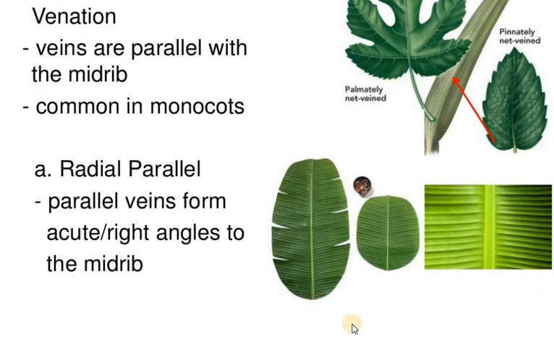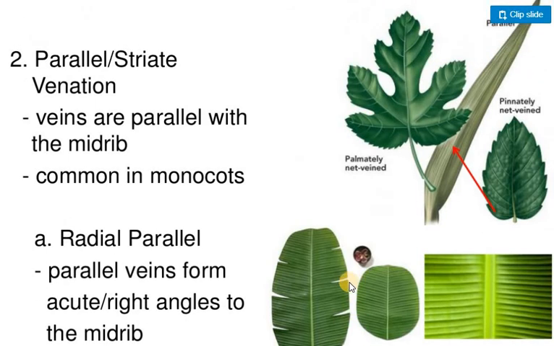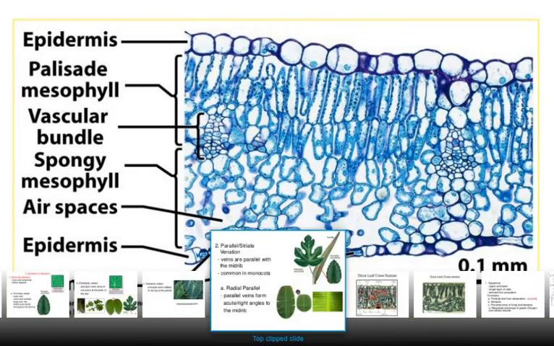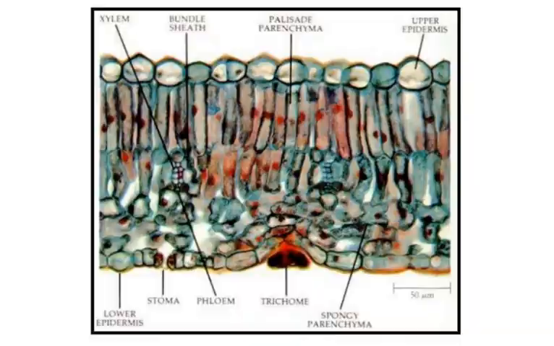So monocots like grass plants have, or sorry, leaves of monocots, for example paddy, grass plants, bamboo, all these have parallel venation. But if you observe plants like Musa, Cannaceae family, they have their veins arranged at right angles to the midrib, and this is called radial parallel arrangement of leaves. And this is the structure of leaves that we don't need now.